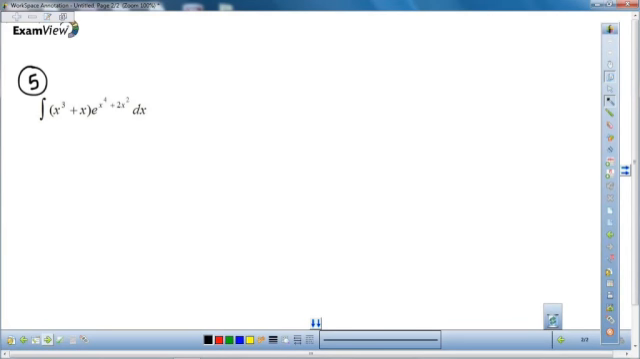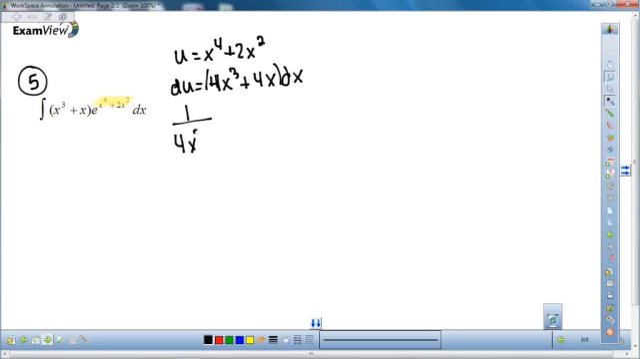Okay, so for number 5, I'm going to do u substitution. I'm going to let u be x to the 4th plus 2x squared. So du would be 4x to the 3rd plus 4x. And as I solve for dx, I'm going to substitute it back. So I get x to the 3rd plus x times e to the u times